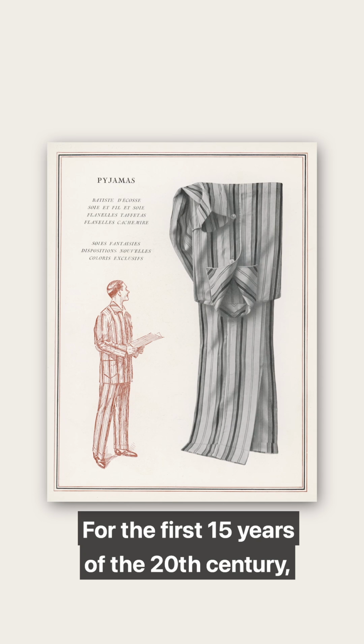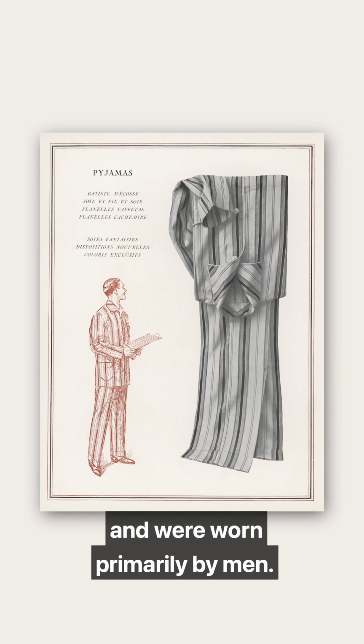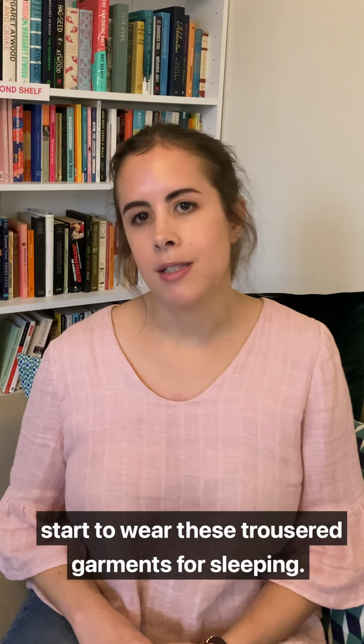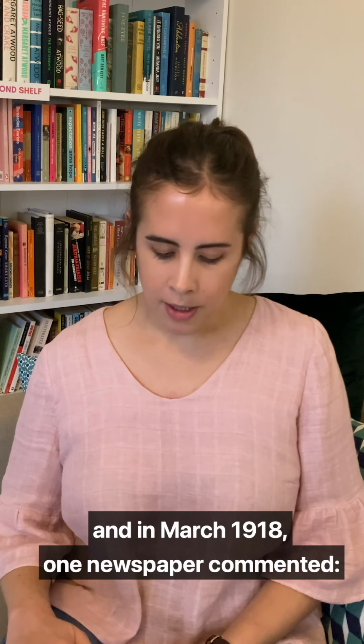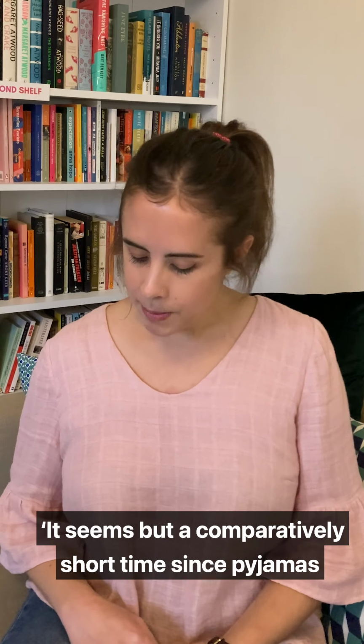For the first 15 years of the 20th century, pyjamas were really only advertised to men and were worn primarily by men. But it is with the First World War that we see women start to wear these trousered garments for sleeping. They were increasingly becoming more acceptable, and in March 1918, one newspaper commented,